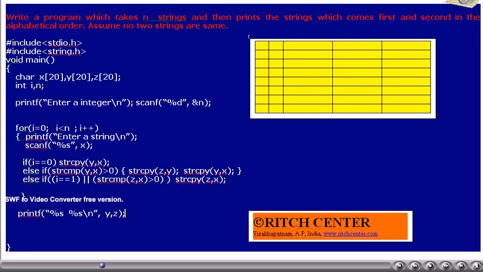Otherwise, the new string will be compared with the string available in the string variable z. If this new string comes first in the alphabetical order compared to z, then this new string will be stored in z. Otherwise, no action will take place for this new string. This is repeated on each string.